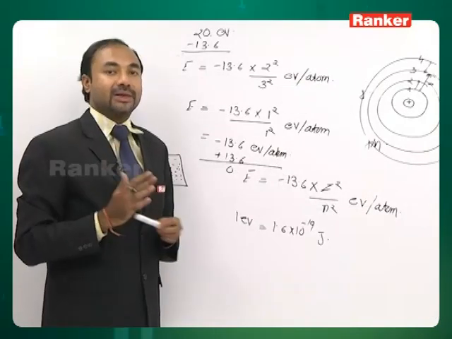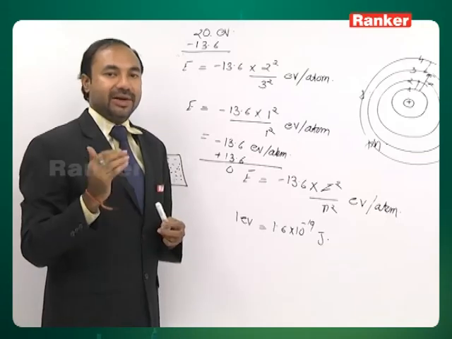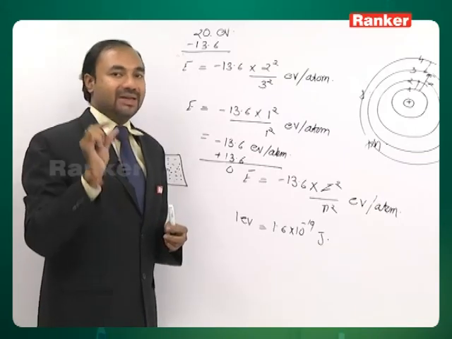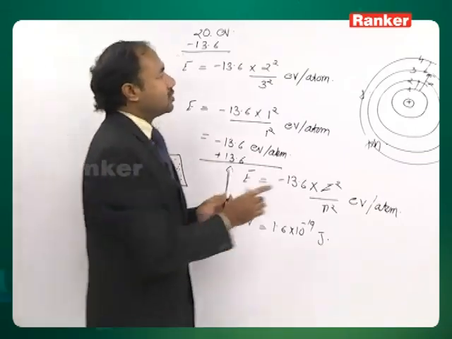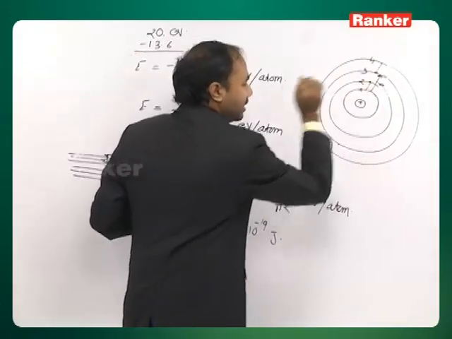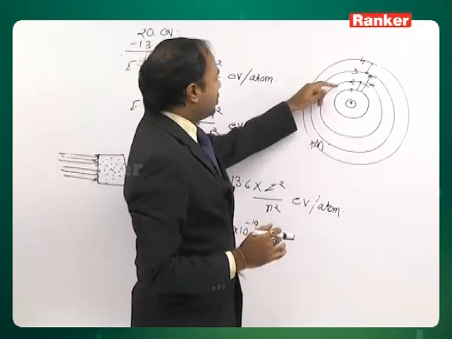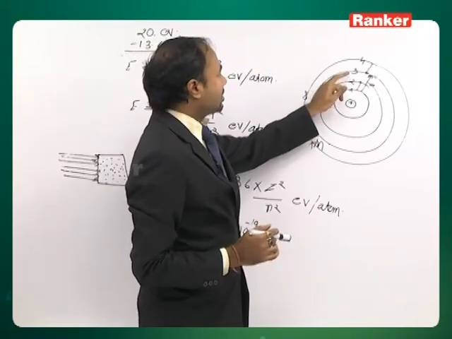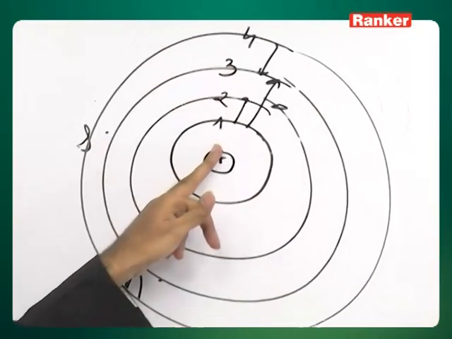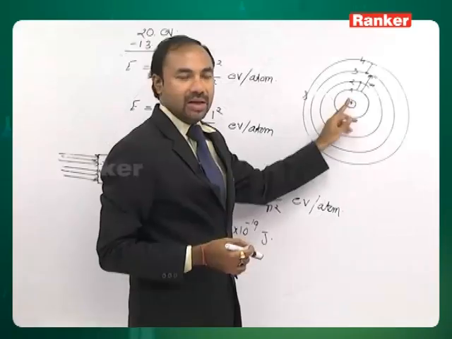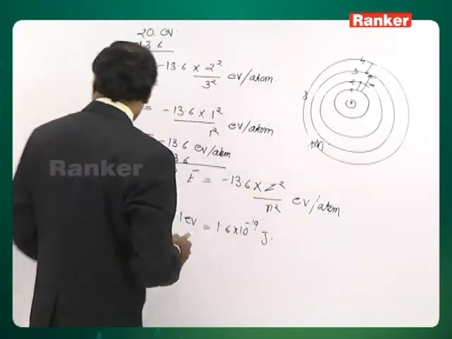But as long as the electron is present inside the atom, it absorbs or emits only certain values which correspond to the difference of the two energy levels. Now, one example: suppose the electron comes from the third shell to the first shell in a hydrogen atom, at that time the energy emitted by the electron